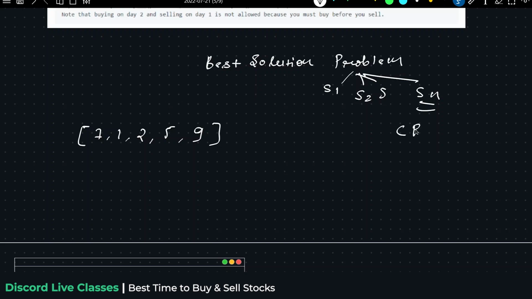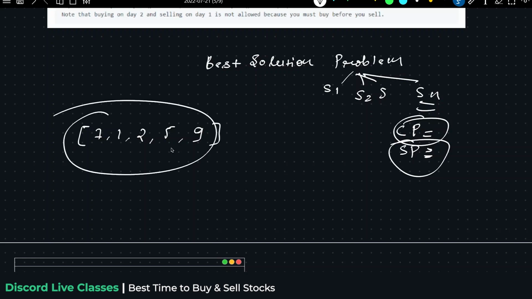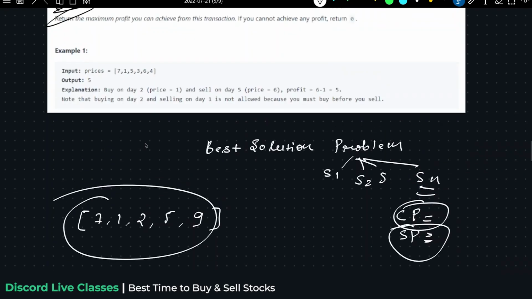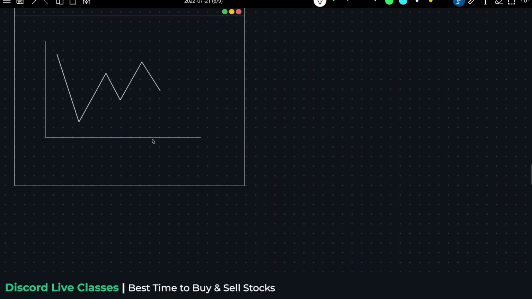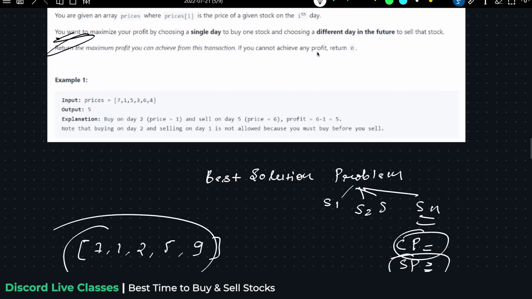Basically, whatever the cost price is, we have to discover on which day I will sell this particular item, and what my selling price will be. We have to choose this cost price and selling price in such a way that we get the maximum profit. And we are given day boundaries, so we can only select these days, 7 1 5 3 6. Okay, let's move towards a graph that I want to show you, which would be great for explaining this question.